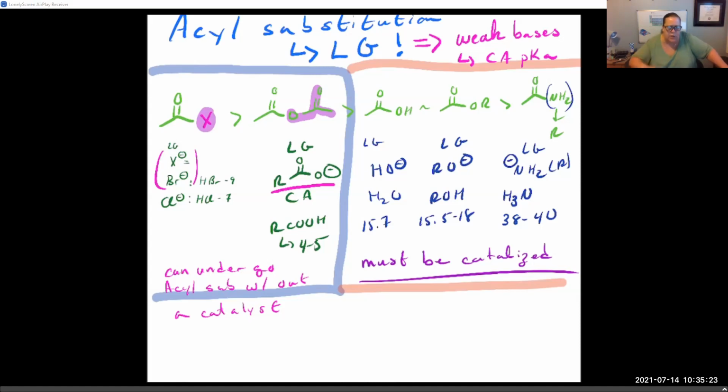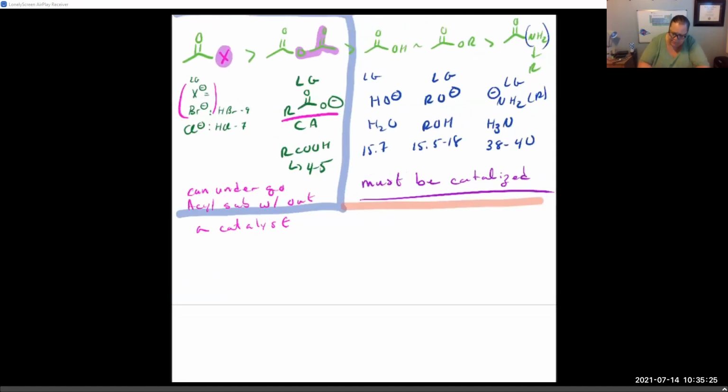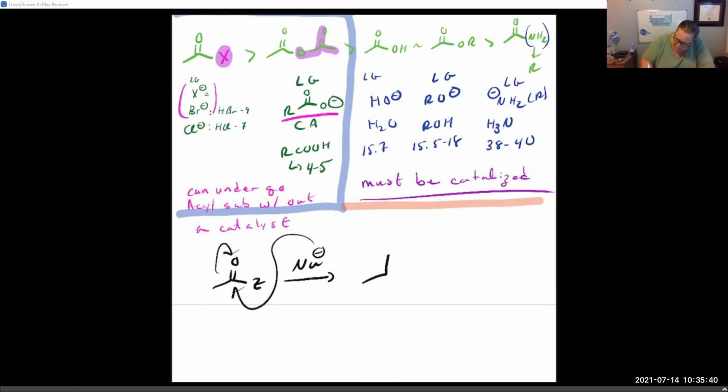And so just real quick, a non-catalyzed acyl substitution reaction is I'm going to start with something like this. I'm going to react it with a nucleophile, nucleophilic attack, formation of this tetrahedral intermediate, kick off my leaving group, and voila. This is a substitution reaction. Very simple. Now, for acid chlorides,